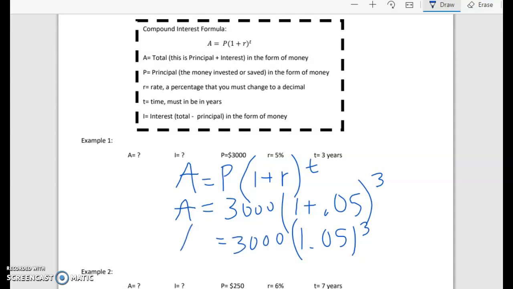Writing on my computer screen is tough anyways. And then from here, this is where my calculator comes in. So I'm going to do 1.05 to the third power. Now, the reason I'm starting there is because that's my exponent. We do parentheses first, then exponents, then we do multiplication, division, and then addition, subtraction, from PEMDAS. I'm sure y'all remember that. So 1.05 to the third power is